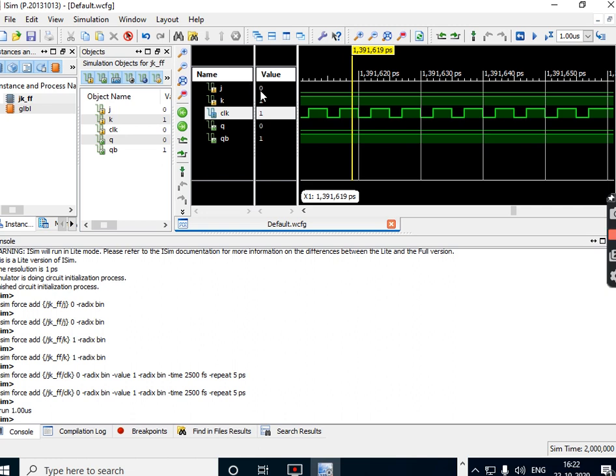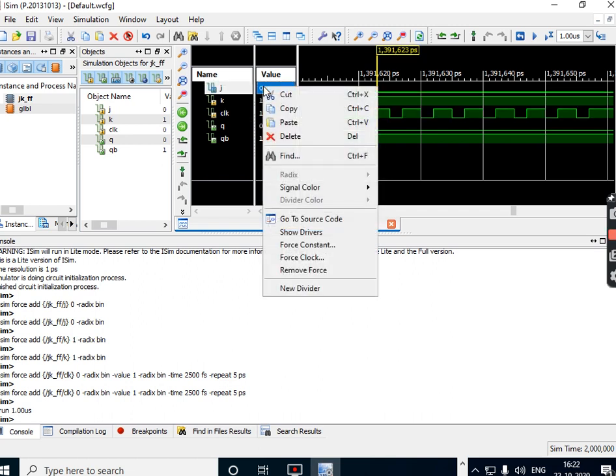So when J and K are 0 1, when clock is applied, you're getting 0 1. And for trailing edge of the clock, when clock is 0, it goes for no change state, because when the clock is at 0, flip flop will not respond to anything, therefore it continues with the previous state. Very correct. So when the clock becomes 1, what will be the Q and QB? It is 0 and 1. So shall we go to the next one?